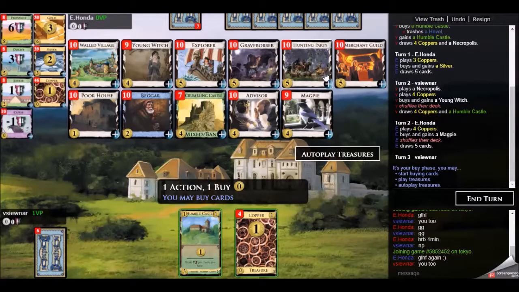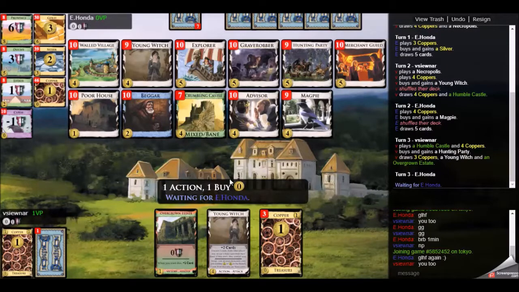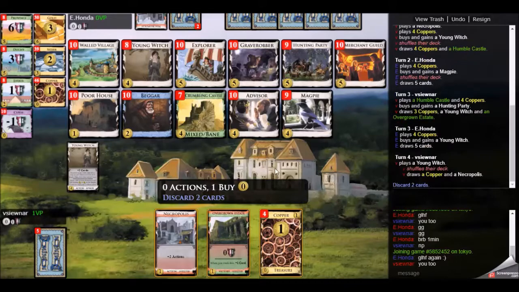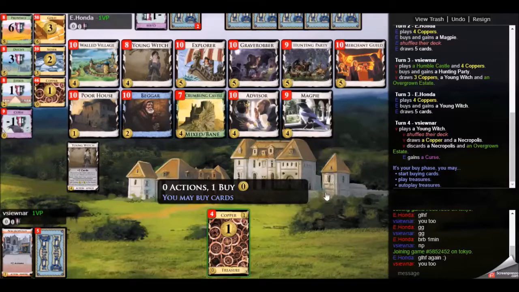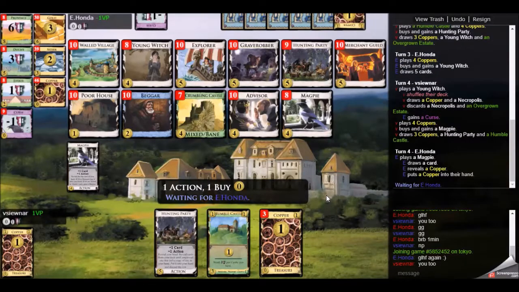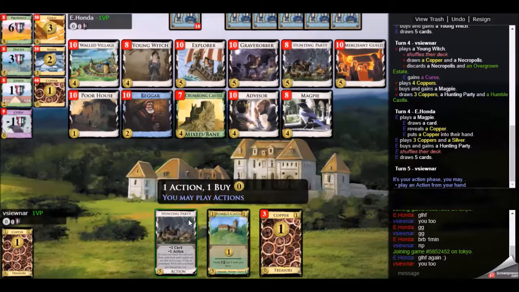So I pick up Young Witch because there's no way to trash curses. Young Witch is going to be a big deal here, I think. So I go for Young Witch and Bane against my opponent's Magpie and Silver. Looking back at the game, I feel like Young Witch Silver is better because you could get to Hunting Party more quickly. I was fortunate to draw 5 coppers and pick up a Hunting Party, well 4 coppers in the Humble Castle, but